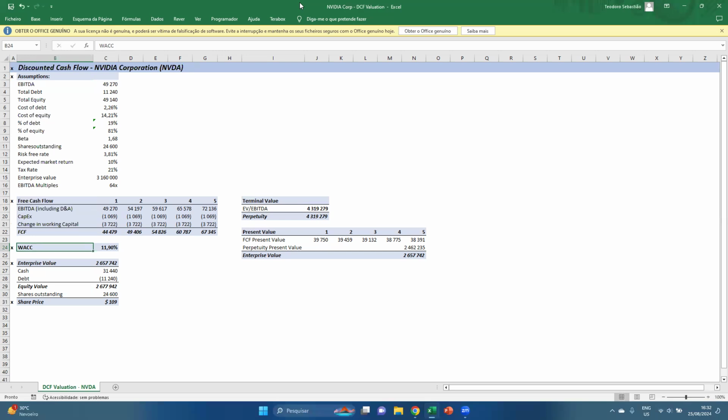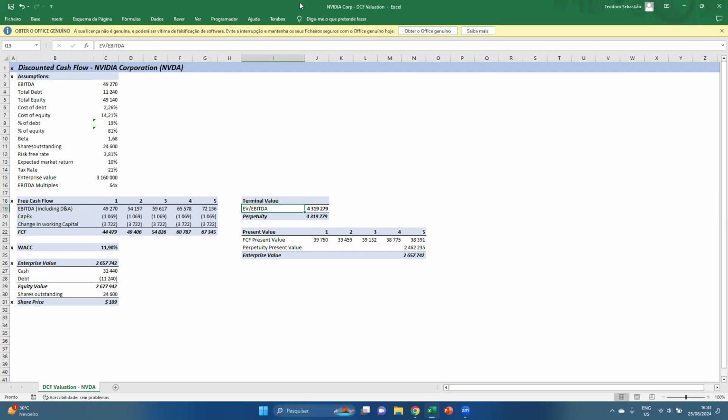But it's weighted average cost of capital, that is the cost of capital that this company, in this case NVIDIA, has with its cash or debt. Then we are going to calculate the terminal value,